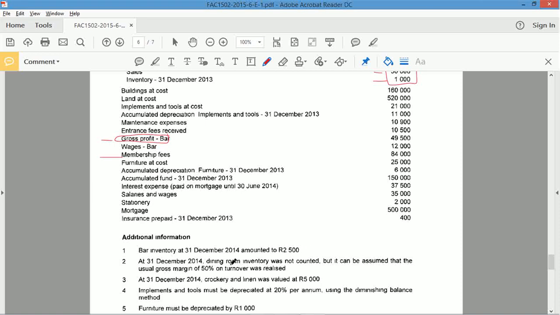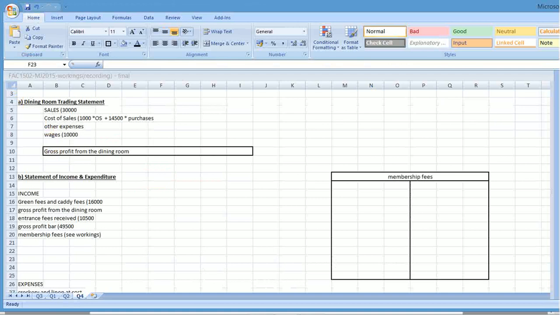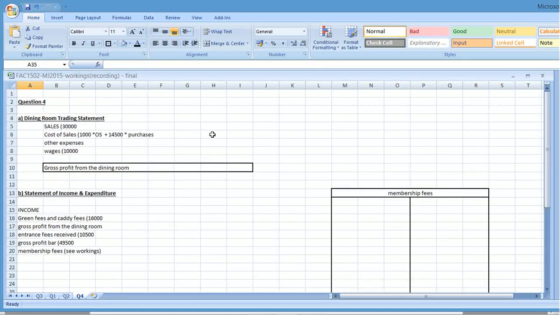At 31st of December, dining room inventory was not counted, but it can be assumed that the usual gross profit margin of 50% on turnover was realized. Okay, so we wouldn't count the stock, but we know that 50% turnover was provided for. So if my sales are 30,000, my cost of sales would have been